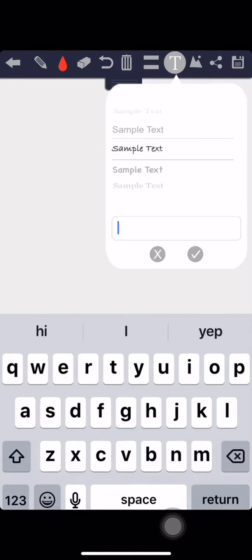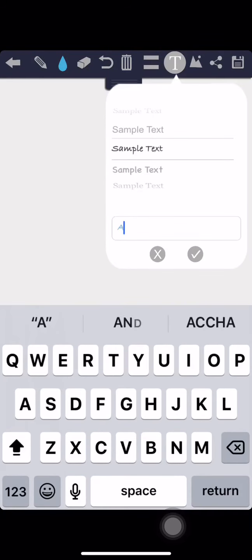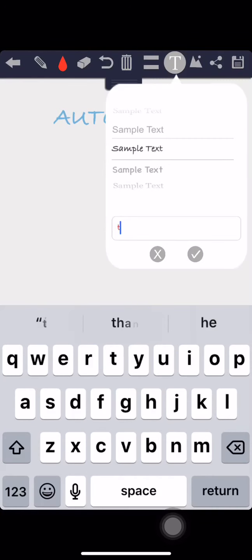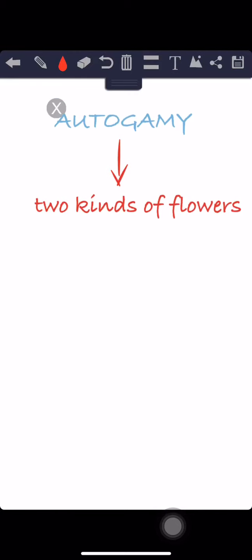Let's move further, children. One thing I wanted to let you know is that autogamy produces a typical feature. What is that? A typical feature is that they produce two kinds of flowers. And what are those? Those two kinds of flowers are